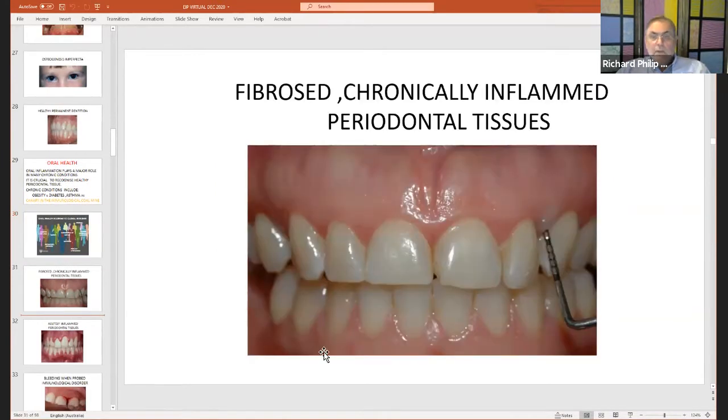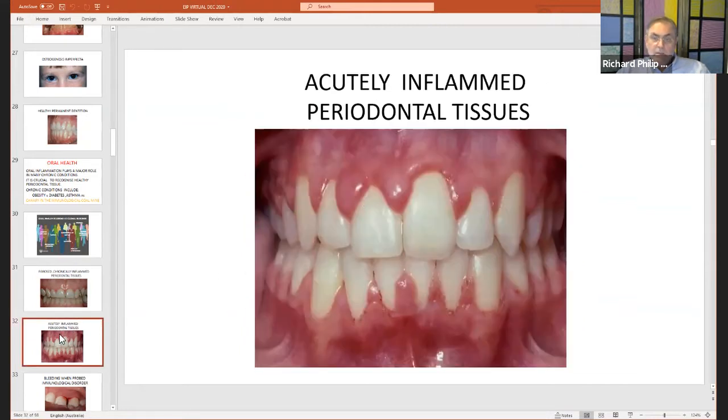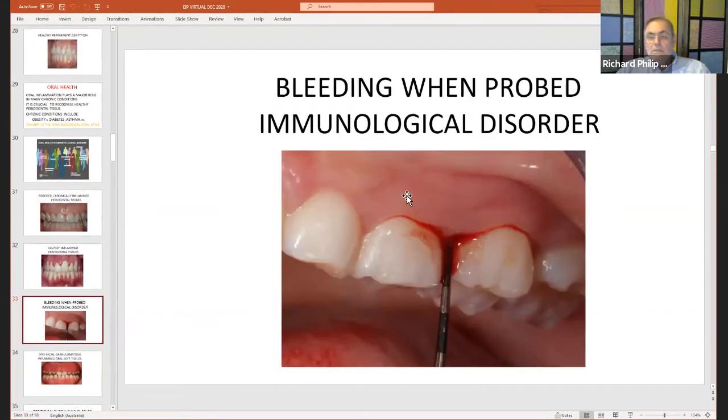But one of the problems is that the periodontium here looks healthy, but in fact it's been unhealthy for so long it's fibrosed, and the only way you can tell with radiographs is that there's been a loss of attachment here. This is much more obvious. So it's a difficult thing to do when you're not used to examining soft tissues. But I would love you to ask the people you care for to have really thorough soft tissue dental examinations. This is an 8-year-old girl I saw recently. I was a bit suspicious of the color of her gingiva, and I just gently probed, and there was furious bleeding. She has a